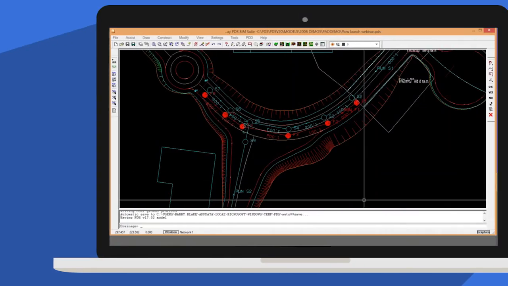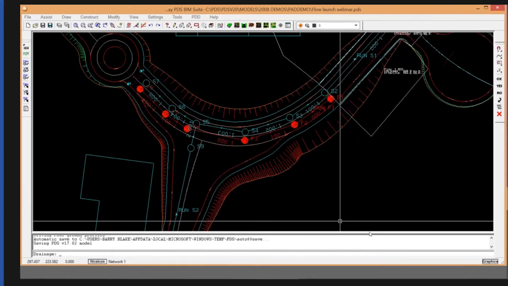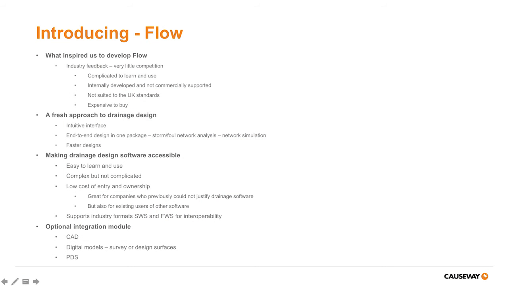Okay, so just before we get going, a little bit of background on Flow, because I don't think many of you have attended this session before, so it's relatively new to everybody. Why did we actually produce Flow? Well, without getting into too long-winded an explanation, it was based on feedback from industry. We had a number of customers and potential customers who essentially said, yeah, we'd love a drainage design